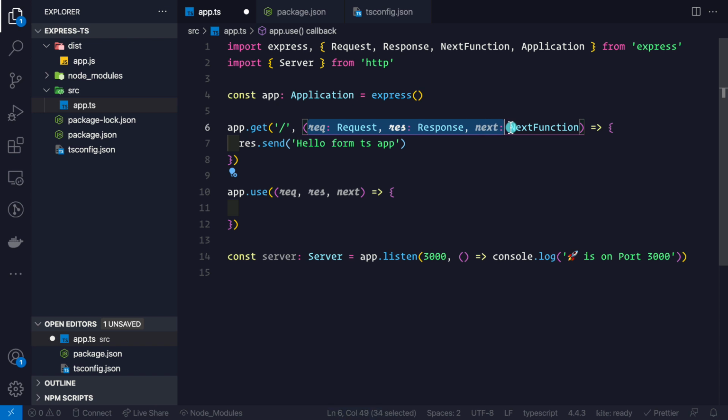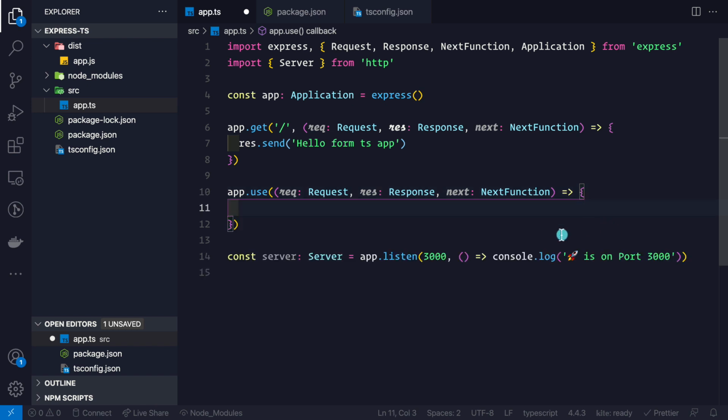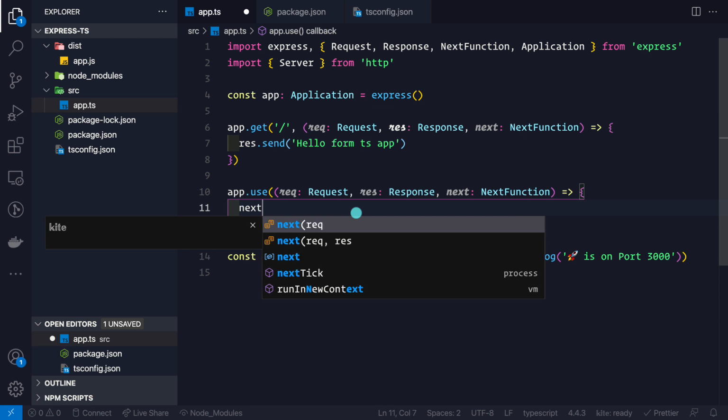So let me simply copy it from here and put it here, because it would make more sense to you. And then here what we need to do is use this next function. So we can say next,